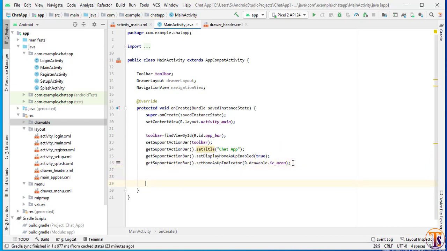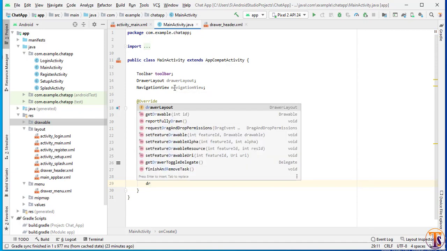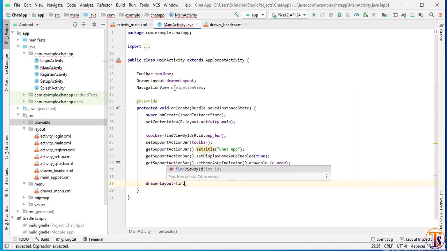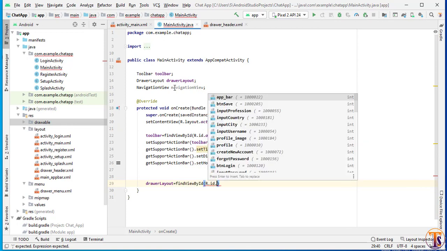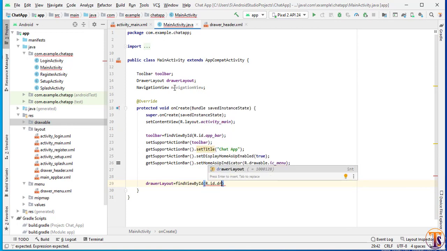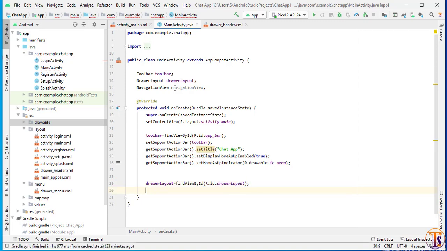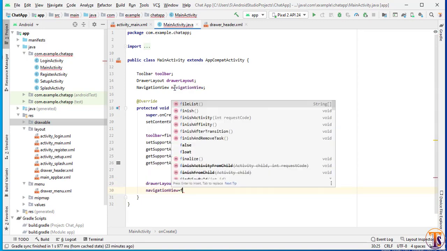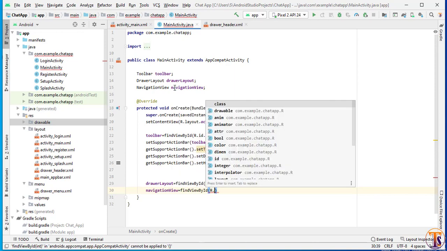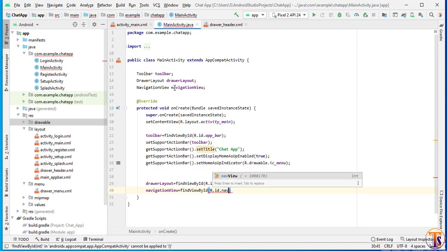Okay, now we will initialize our drawer layout equal to findViewById R.id.drawer layout. Now navigation view equal to findViewById R.id.navigation view.